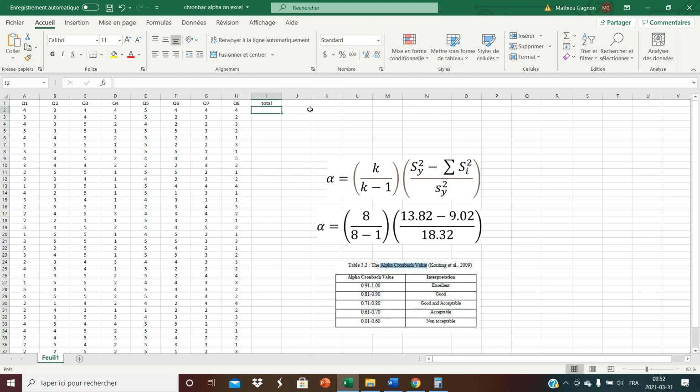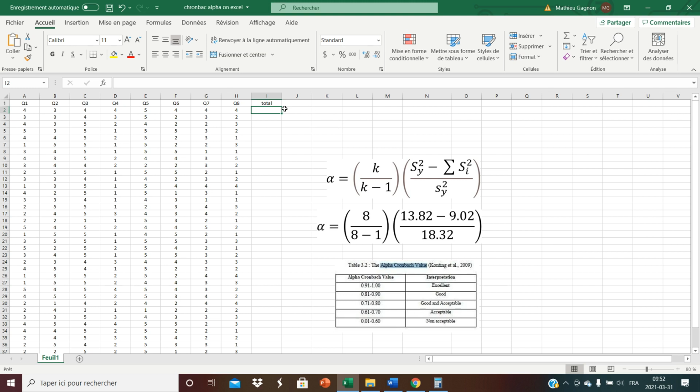All right. Et là, ce qu'on a besoin de calculer, c'est le score total, le total pour chacune des personnes. Chaque rangée est une personne, comme vous savez. As you may know, each row is a person. And so we need to calculate the total for each person and calculate the variance of that distribution of totals, in a way.